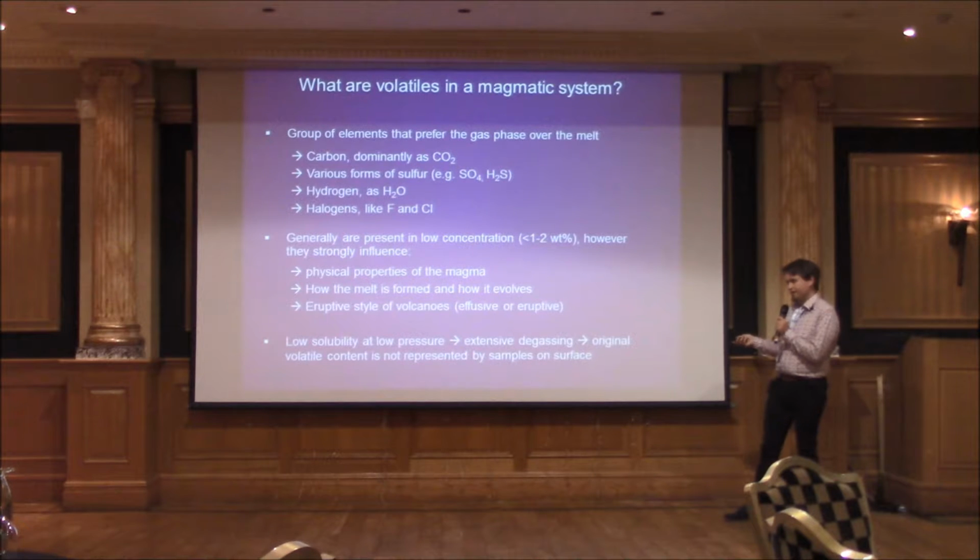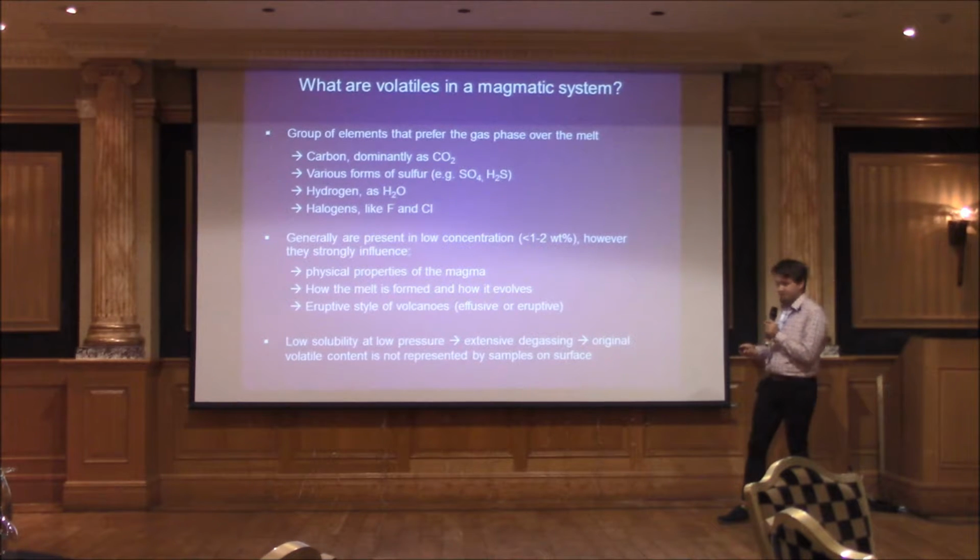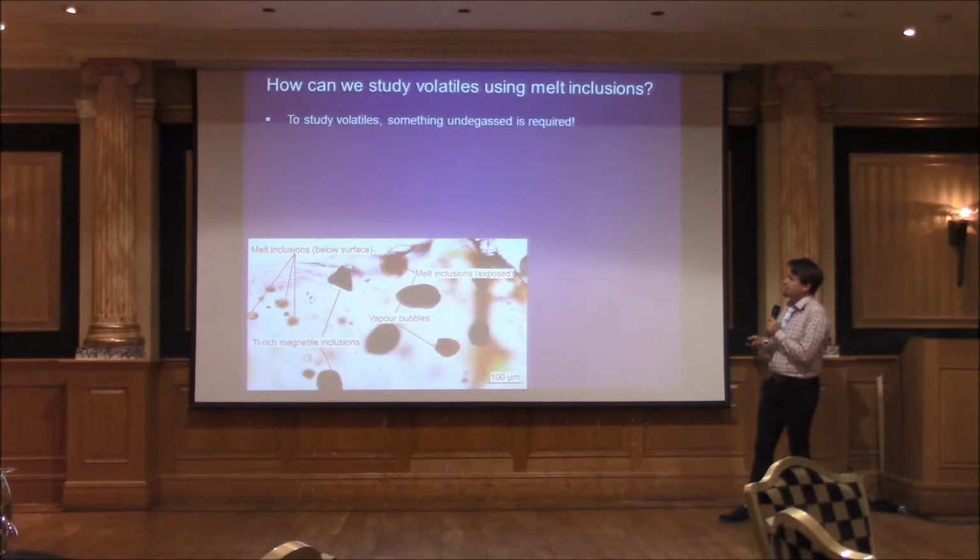However, due to their low solubility at low pressures, they usually go through extensive degassing as the magma comes towards the surface. So the original volatile content is not represented by samples that we can collect on the surface. We have to overcome this problem if we want to study volatiles. How can we study volatiles? We need something that is not degassed during this ascent to the surface, and one solution for this is to